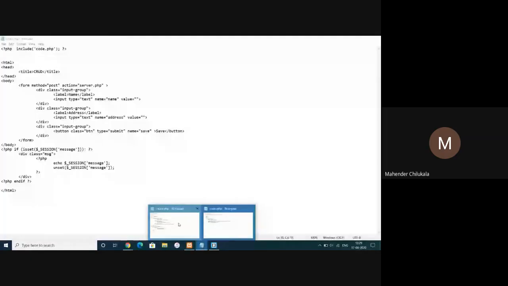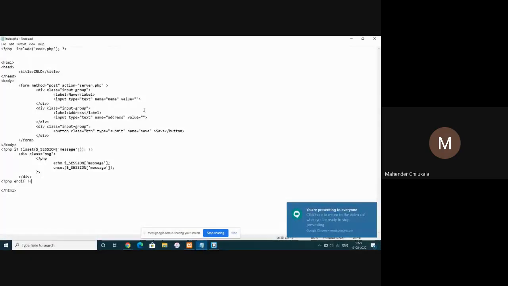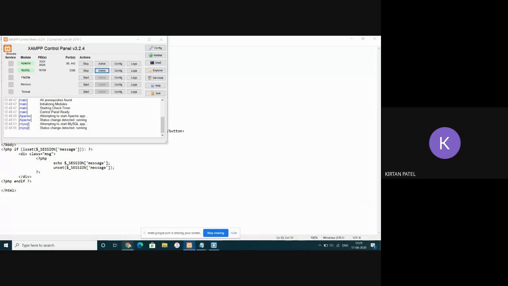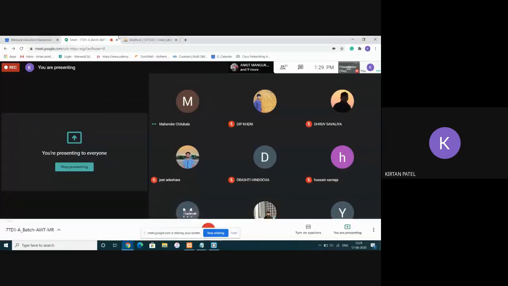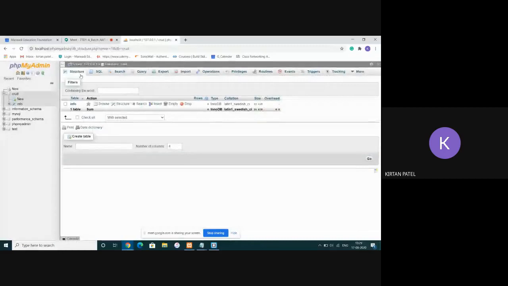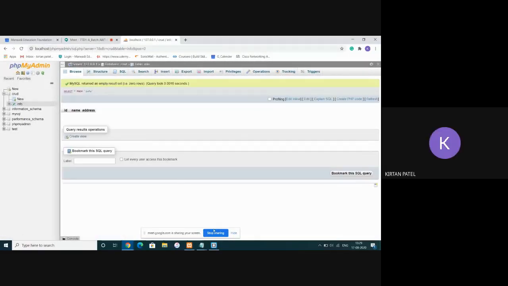How much did you do? Created table and database here, and now trying to connect it. Okay, do it fast.